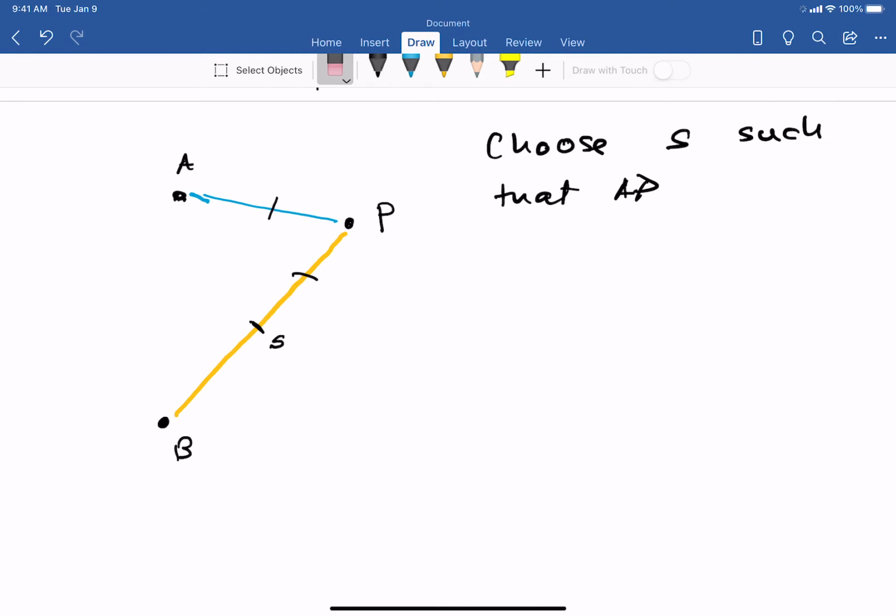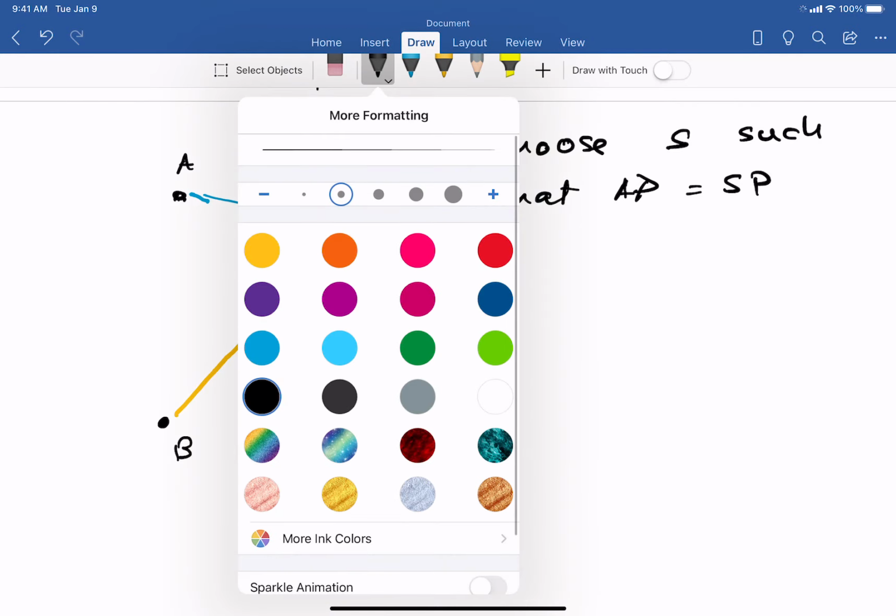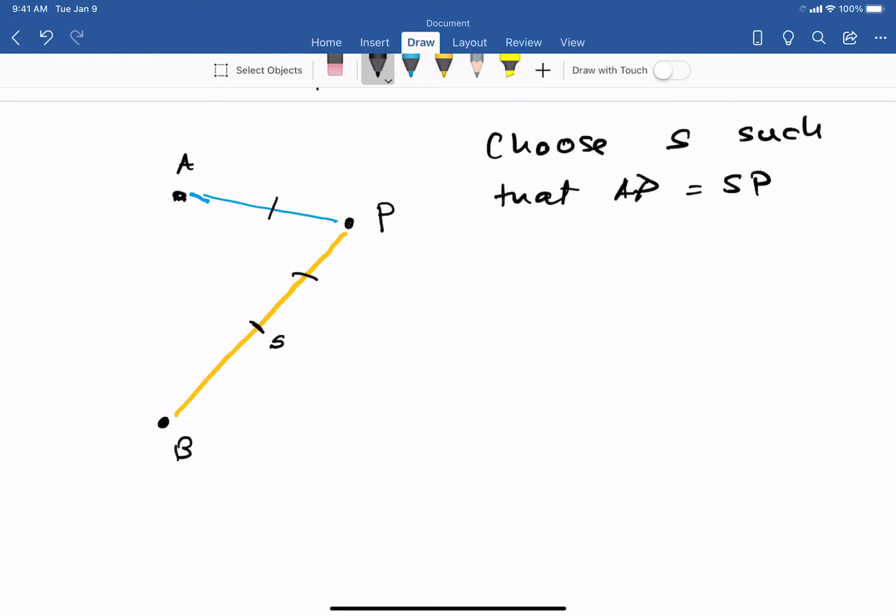All right. So the distance BS is going to be the difference in the paths. So BS is the difference in the paths, or the extra path